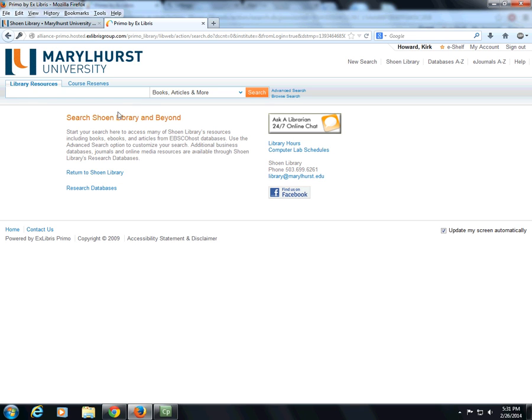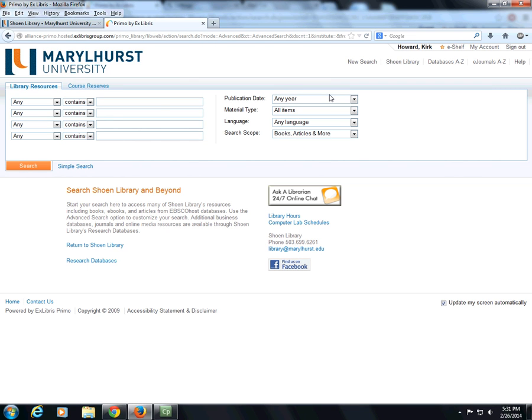So now we're here, and what I always like to do is go straight to advanced search. There's another search box here. Right to the right, it says advanced search. It's always good to go to the advanced search screen because you've got more opportunities to narrow your search or broaden your search. Here, on the right where it says material type, this catalog searches through